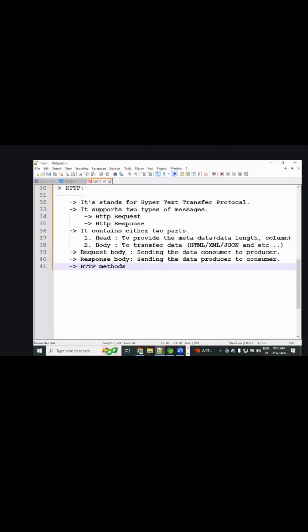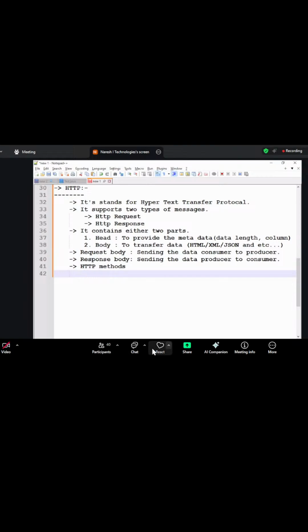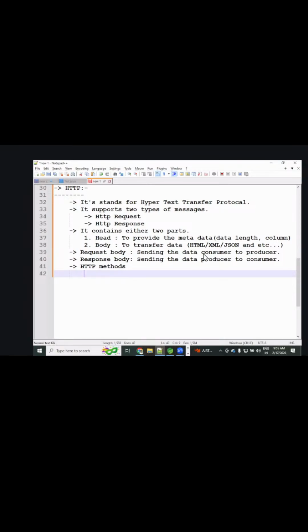What are those methods here? In servlets we have get, post, put, delete, trace, but with an extra do: doGet, doPost, doDelete, doTrace, doOption.